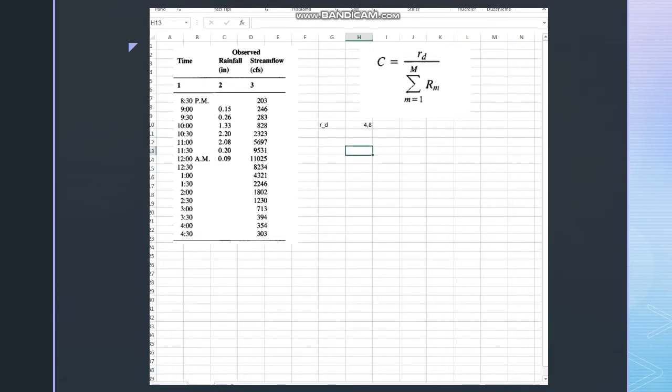Let's see the rainfall. Let's write it here, rainfall from this table. Rainfall was 0.15, 0.26, 1.33, 2.2, 2.08, 0.2, 0.09. In order to find this RM, we need to know all these terms, right? So RM is the total of